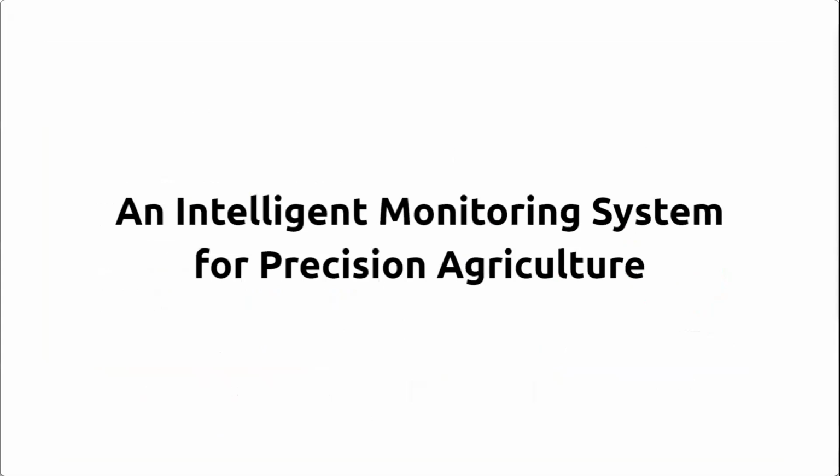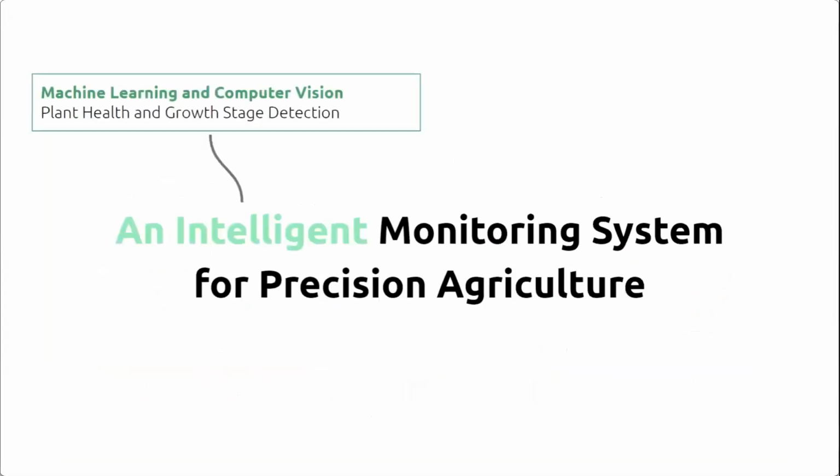proposed solution. I'm going to start dissecting our project title now so that you can have a better understanding of what our project really does. Intelligent here signifies the machine learning and computer vision portion of our project. This is through the plant health model and the growth stage detection model. Plant health checks the healthiness of the plants, while the growth stage detection checks the stage that the plants are